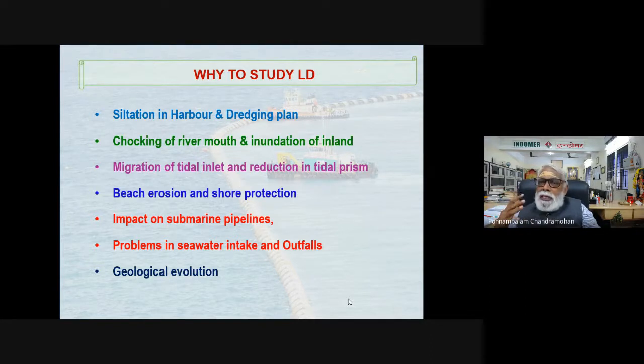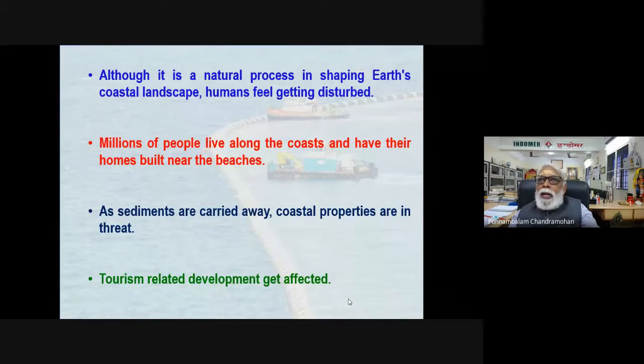Today where the sea is, in yesteryears it was all land formation. Today where you have the land, in yesteryears it was inside the sea. So this geological evolution is also, to some extent, defined by the littoral drift and how it gets deposited. And littoral drift is a natural process, but